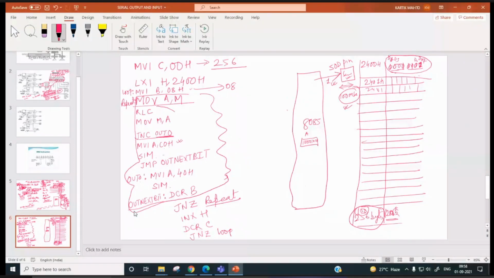Now suppose this serial device right now is receiving D7 first and D0 at last, no?